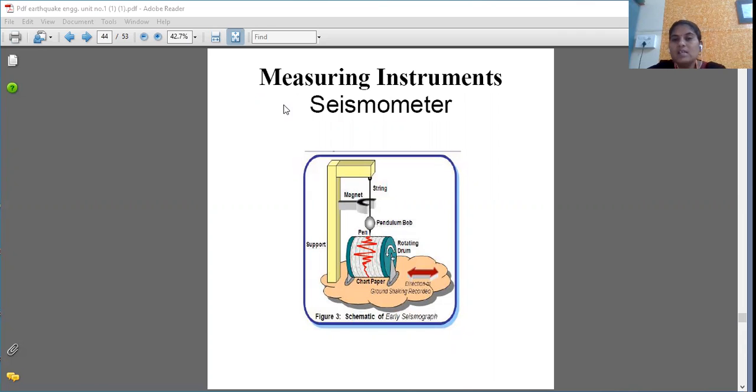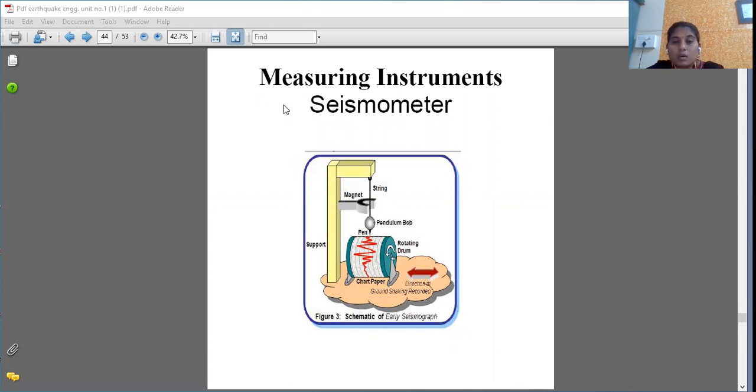In this lecture, we'll see what liquefaction is and what the factors related to liquefaction are. That is the major point from this Unit 1, and after completing this point, our Chapter 1 will be over. So today we'll take a brief look at the whole chapter and the last point, which is related to liquefaction.